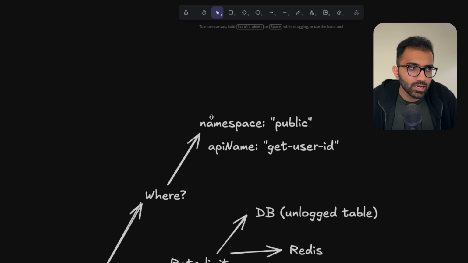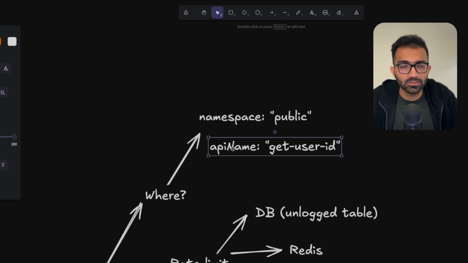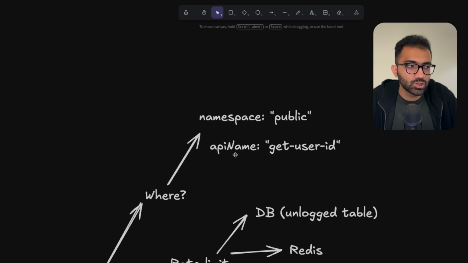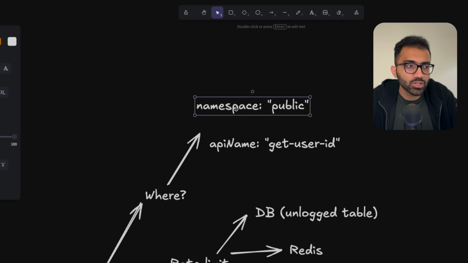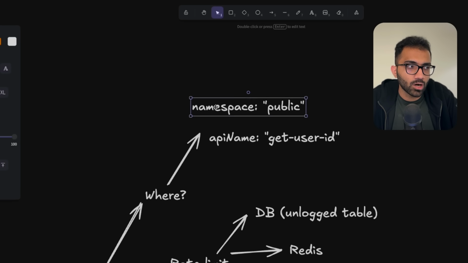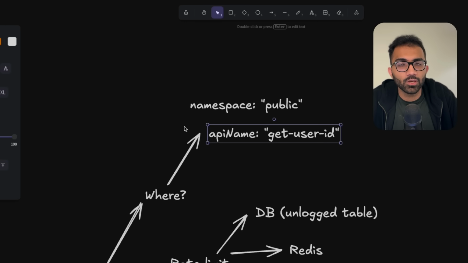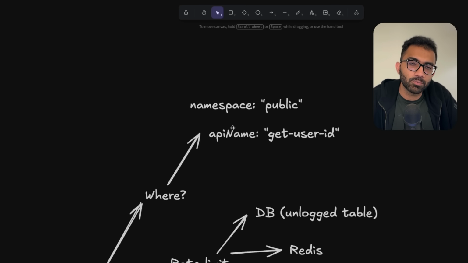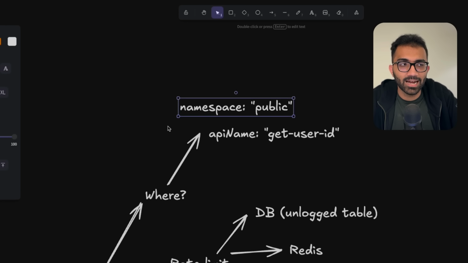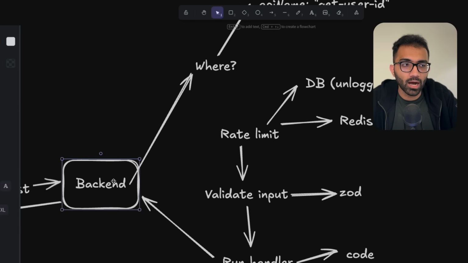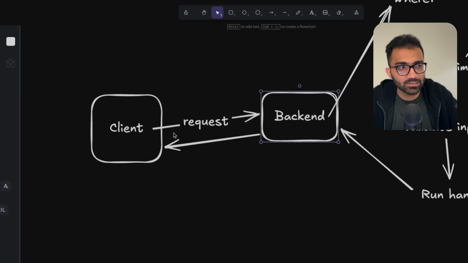Now you can technically argue, why do you need namespace? And yes, you are right. You can keep it just on API names as well. But it's just nice to have namespaces because it allows you to categorize kinds of APIs a bit. There is no functional difference between any of them. So it's not like public APIs are any more secure or different from other namespaces. But if needed, you can customize them on top of your namespace handler as well, because your core part of how the request is processed is handled by